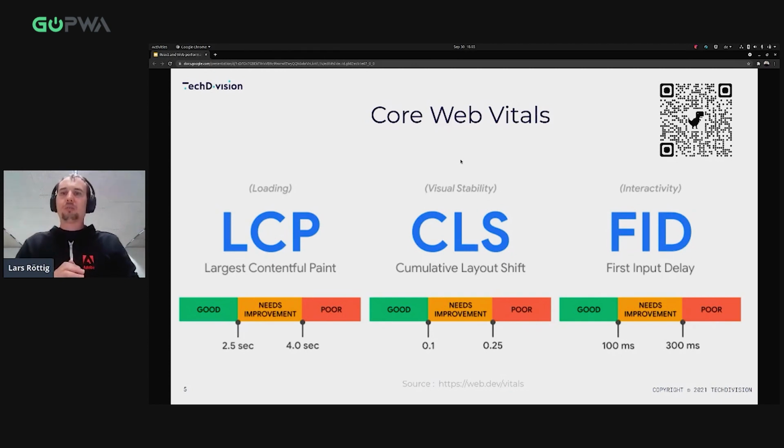What I would like to add here is that it is only relevant in the viewport. So if you have an element that is loading outside the viewport, it doesn't affect the Largest Contentful Paint so much. Then we have the metric about Cumulative Layout Shift.